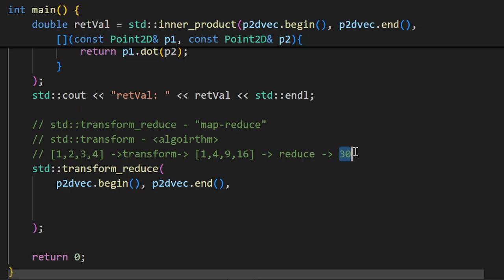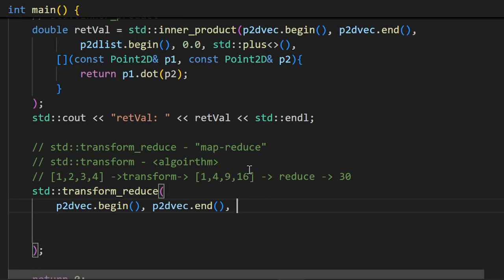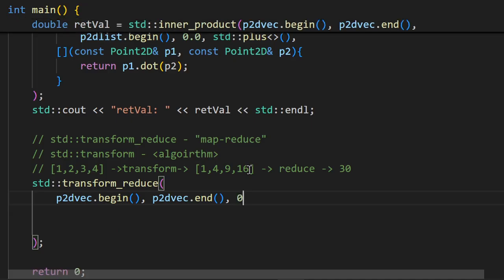The value is going to be integer type, so you supply in this case, I think you can assume this is integer, and